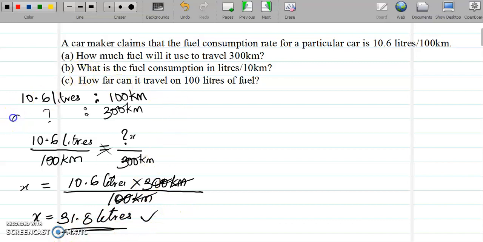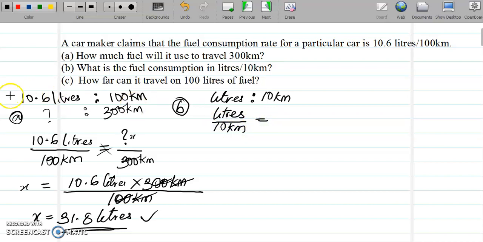Okay, now the B part. The B part says, what is the fuel consumption in liters per 10 kilometers? What it means is the ratio of liters per 10 kilometers. Now let's look at it. We have liters, put it in fraction: liters over 10 kilometers will be equal to